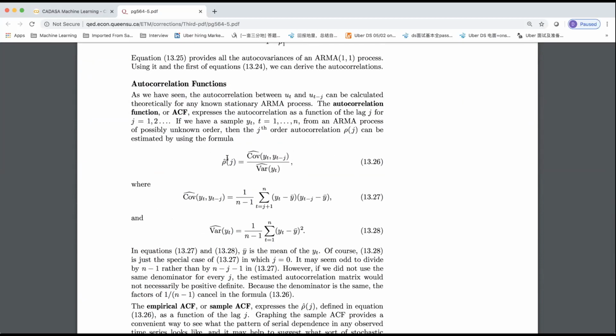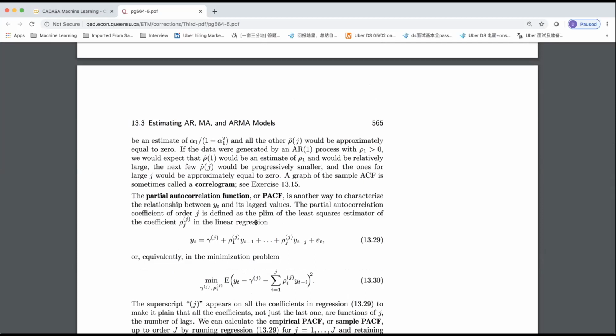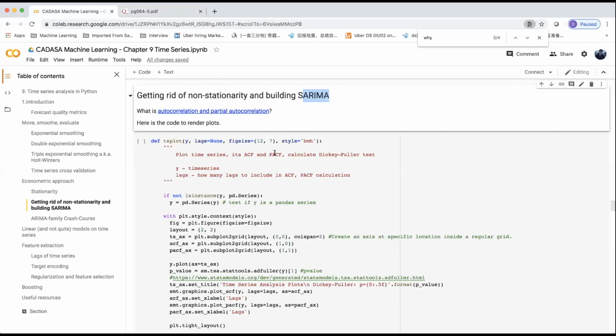For this one, we don't use any regression. We just calculate covariance directly, and this is how we calculate covariance. Now for this one here, partial autocorrelation is basically conditional on all the other yt's, and then I try to extract the correlation between yt and yt minus 1. Okay, so with this kind of